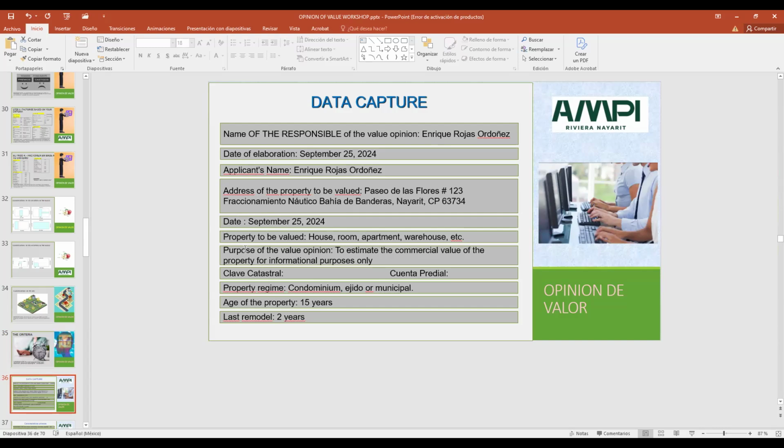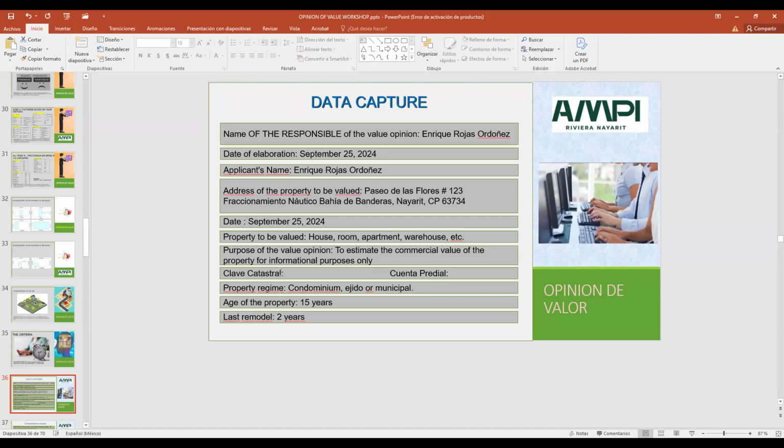For the purpose of the value, for opinion of value, the only purpose is to estimate the commercial value. It won't work for guarantees or for credits. No, just to give information.